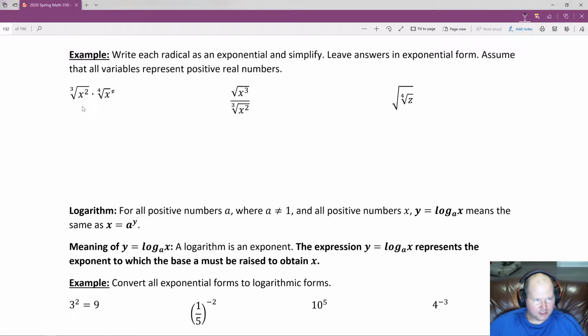Or to simplify this. And the way we do that is if we rewrite everything in exponent form, right? So x squared, okay? But because this index is 3, I'm going to put the fractional exponent as 2/3. Then I'm going to multiply that by x right here, but that's going to be to the 1/4 power. And now, because they are both in exponential form, we get to use the product rule of exponents. So we simply add these exponents together. So we would simply say